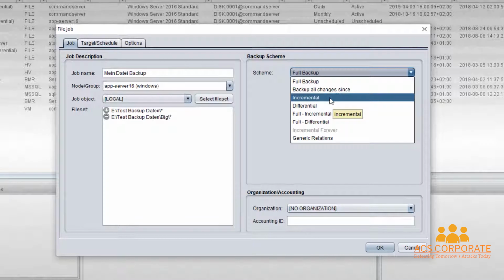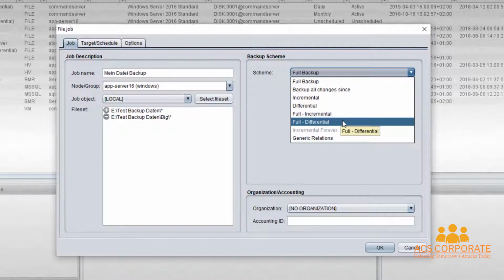it'll create 2 jobs, one as a full and one as an incremental, or one as a full and one as a differential. So it just saves you time in defining your job. It still will store 2 jobs, one as the full and one as either the incremental or differential. And so it's just a time saver there. And so like I said, you do have to have a full backup to use incremental or differential, but there's 2